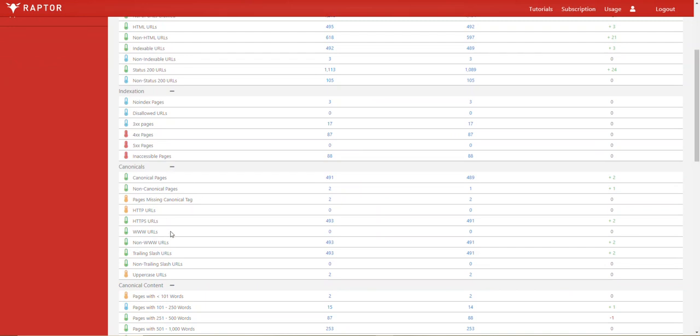We include it within the canonical section simply because if you're seeing pages split between, say, HTTP and HTTPS, www and non-www, some using and not using trailing slash, that implies that there's a certain amount of canonical duplication occurring throughout the site, which can ultimately lead to a loss of control of what content is